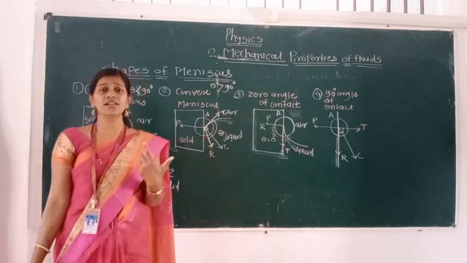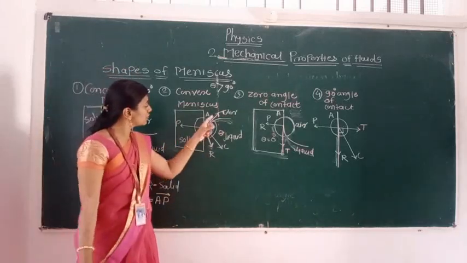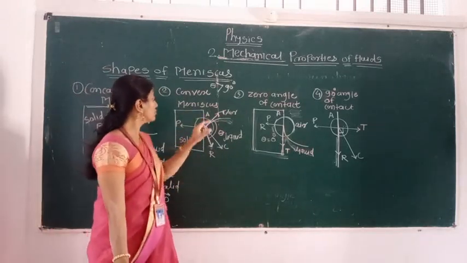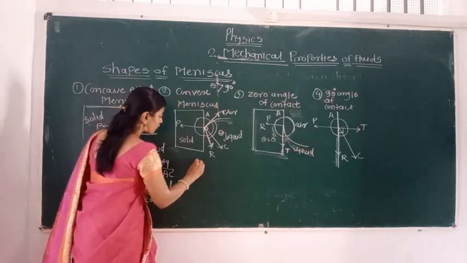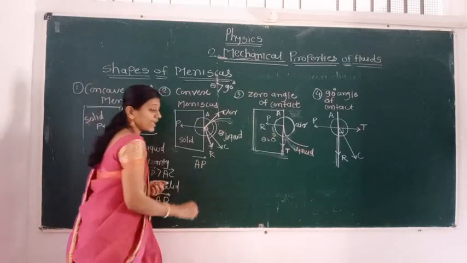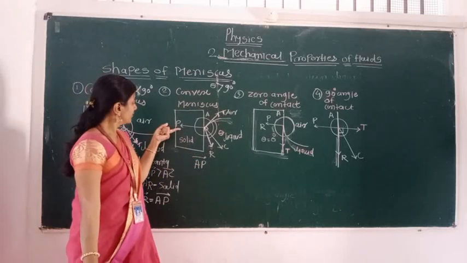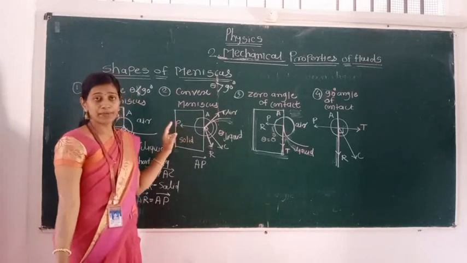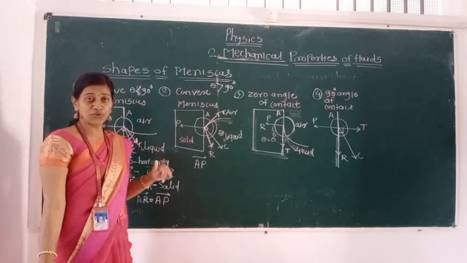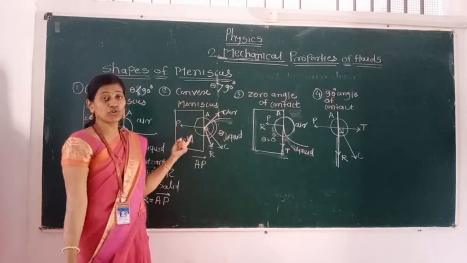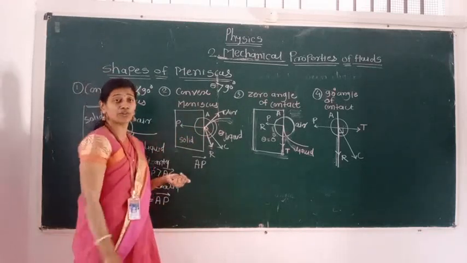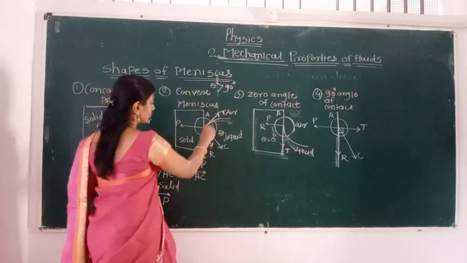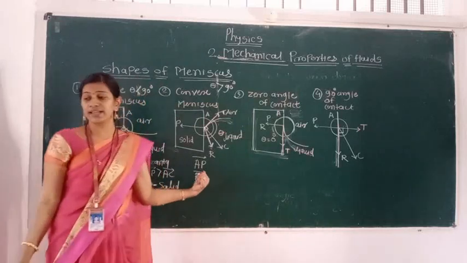Here consider a molecule A, a liquid molecule, near the wall of the container. On that molecule A, two forces are present. First is the adhesive force. The direction of the adhesive force is horizontal to the molecule A, shown in that diagram. AP is the direction of that adhesive force, the force between the liquid molecule and the solid molecule. Next, on the A molecule, another force is present. That force is AC. This is the cohesive force. The direction of that cohesive force is given by AC.